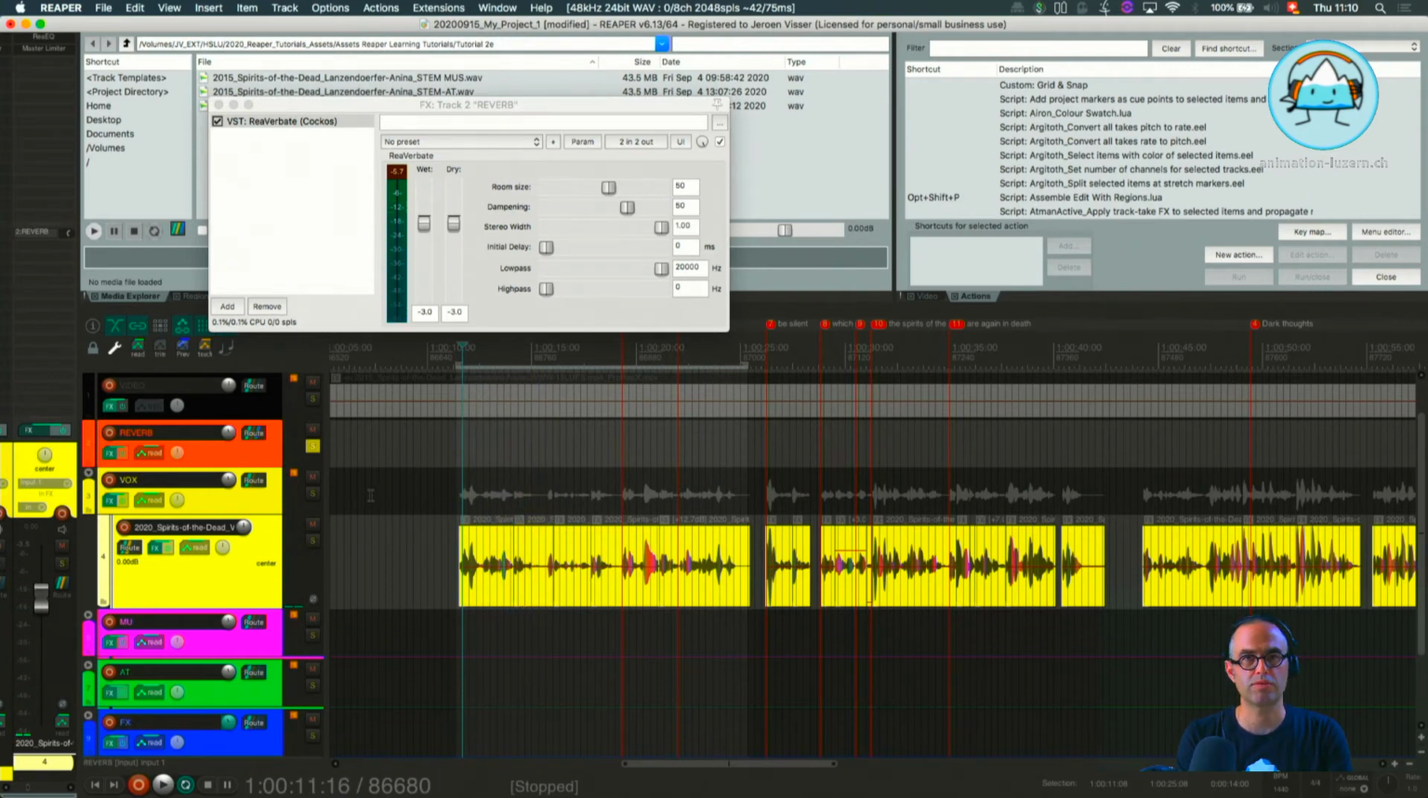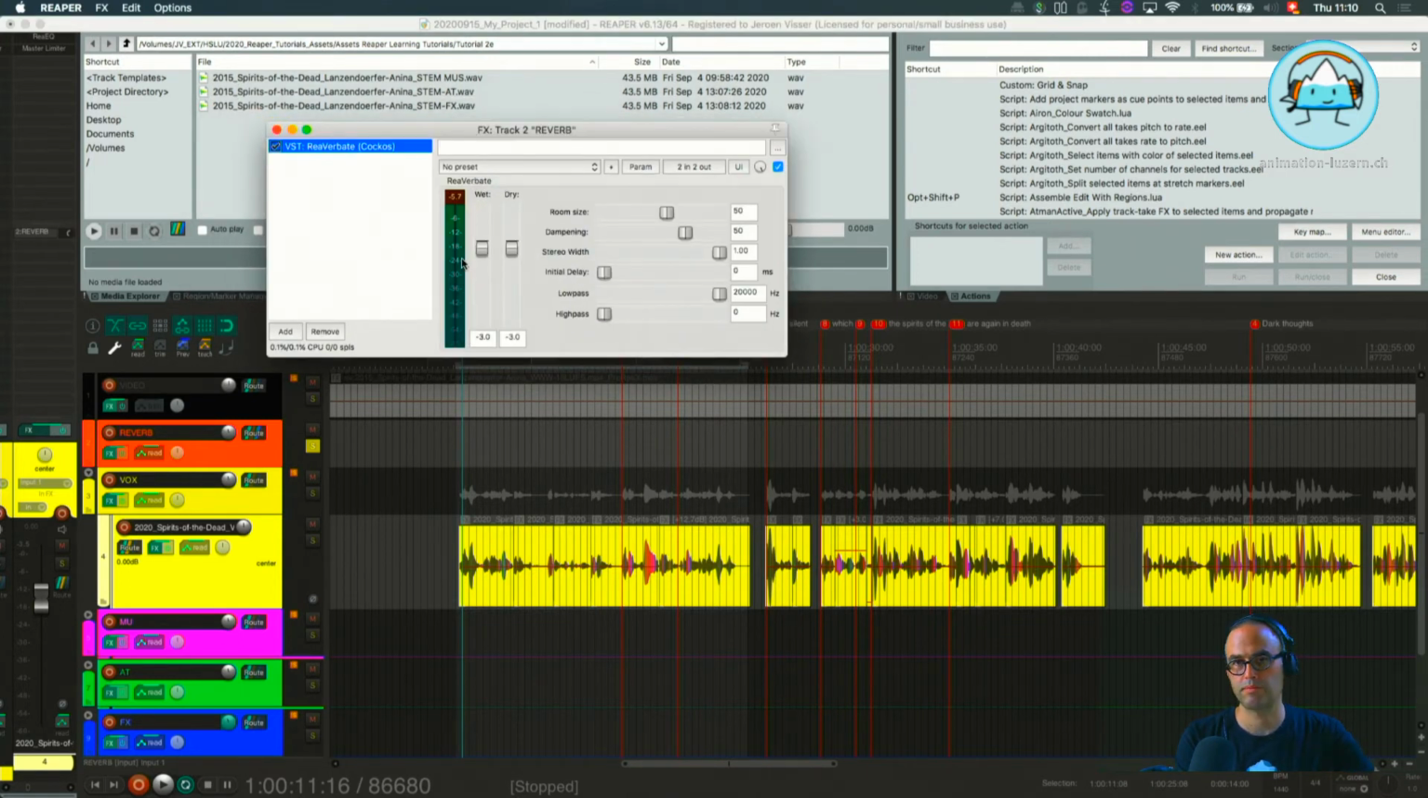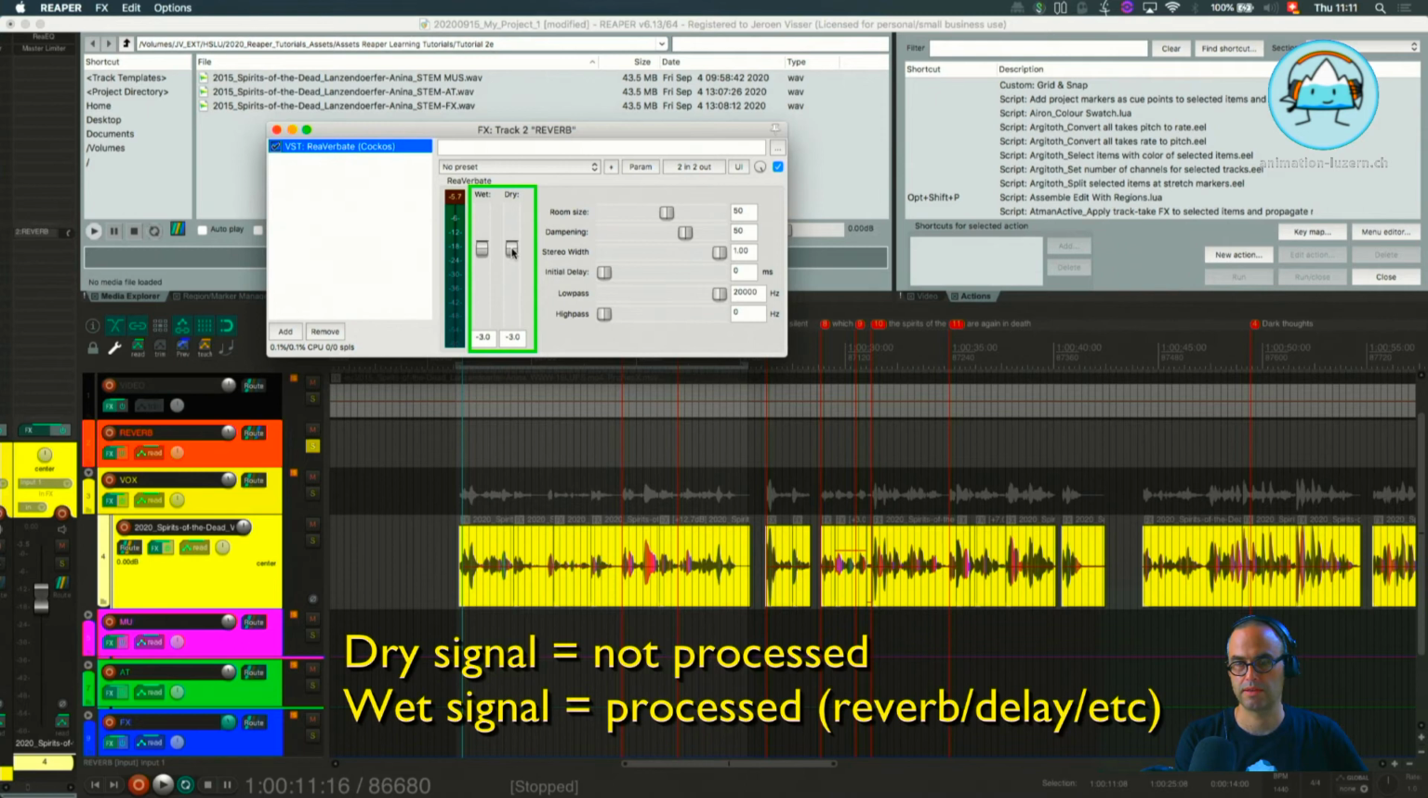And I hear much more reverb. I still hear dry signal because in my plugin, and now we come to the plugin parameters, the first one is this section here. It's called wet and dry. Dry means the amount of dry signal being sent to the output of my reverb track, and the wet is the reverberated signal. So when I pull down my wet signal,